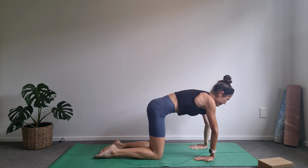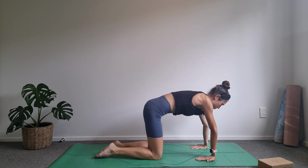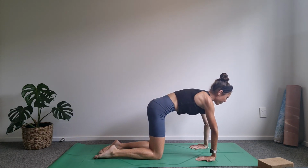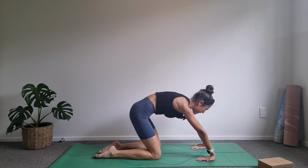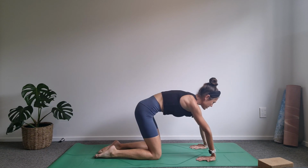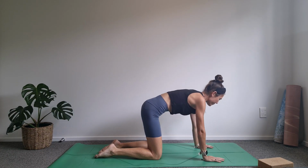Excellent. So really finding a little bit of difference in these stretches in the way that you move, and just noticing how it feels when you really move the body in a completely different way. But it's simple, right? It's simple stuff that we have access to at our desk or anywhere, so you can take this anywhere. Now turning the fingers back around to face the front of the mat,